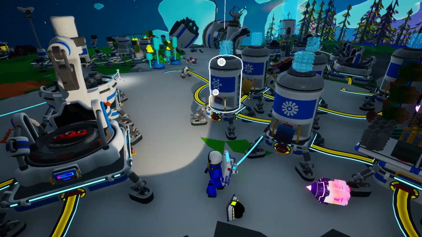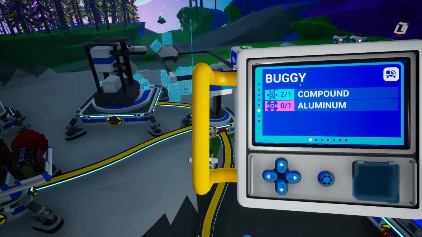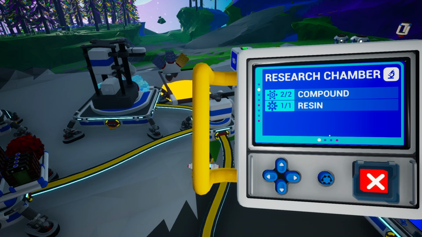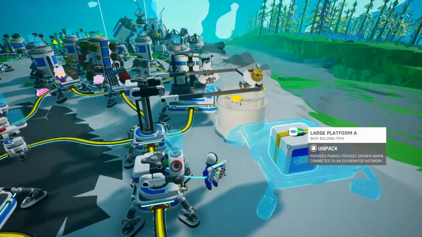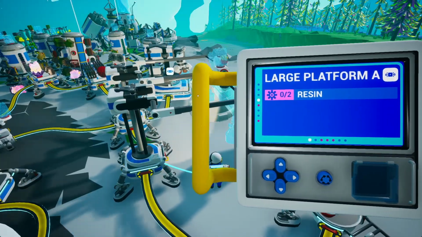So make sure you've got enough of these materials and go to a medium printer. Here, go to the second dot, and on the first spot here you'll find the research chamber. So go ahead and craft it. This is going to take a while, and while it's crafting, you'll also need a large platform where you'll set